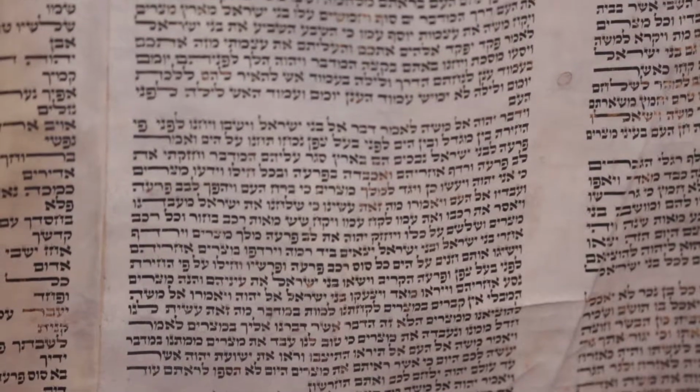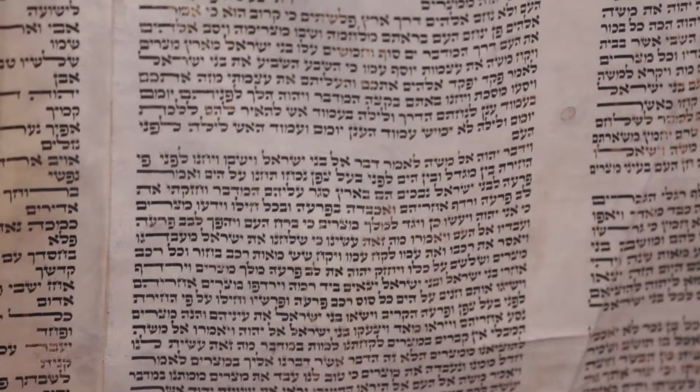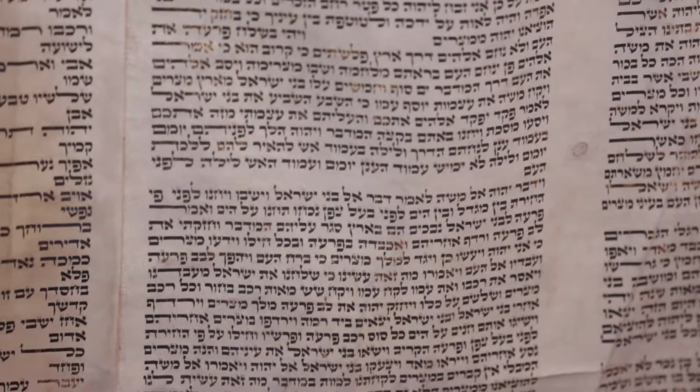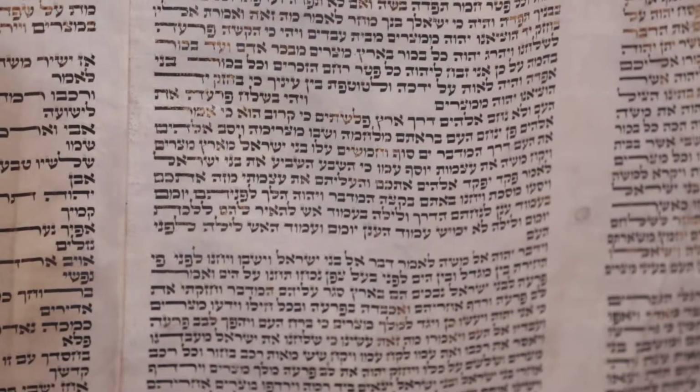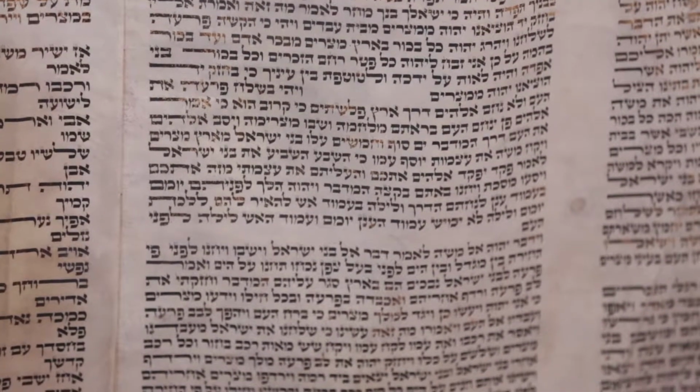This dates from approximately 200 years ago, but of course the Torah goes back thousands of years. This one is on vellum, which is, they typically use calf skin for it. If the writing looks like it's upside down and backwards, that's the Hebrew writing. They write from the bottom of the page up and from the right to the left, just the opposite of